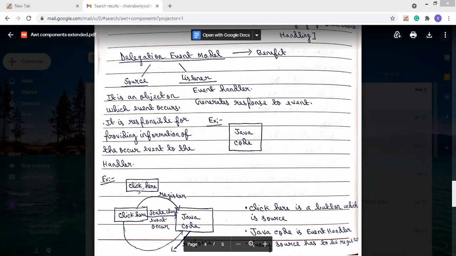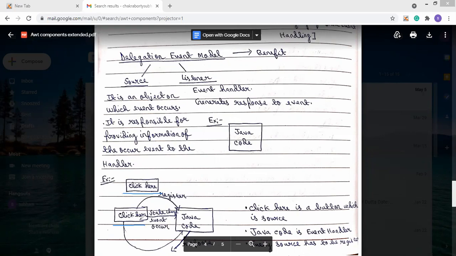Now as an example, we take this button. This button is a source because it is an object on which an event occurs. By pressing this button, the event will occur.